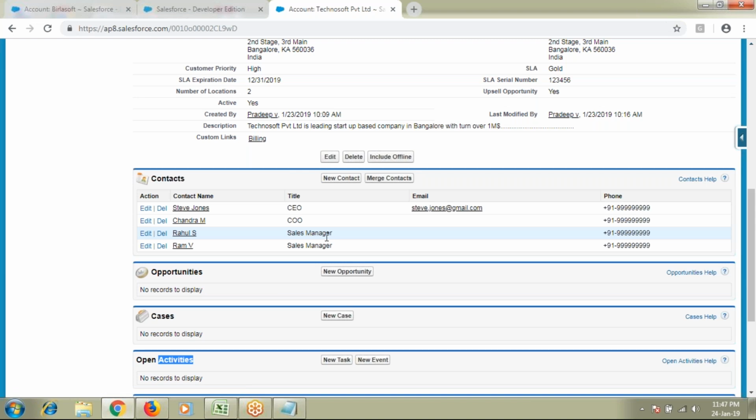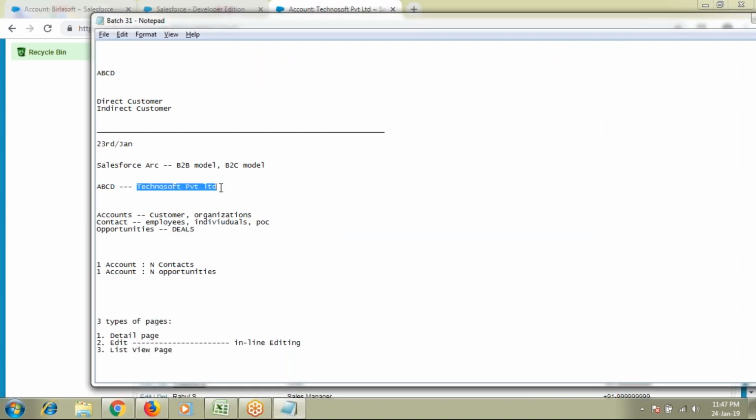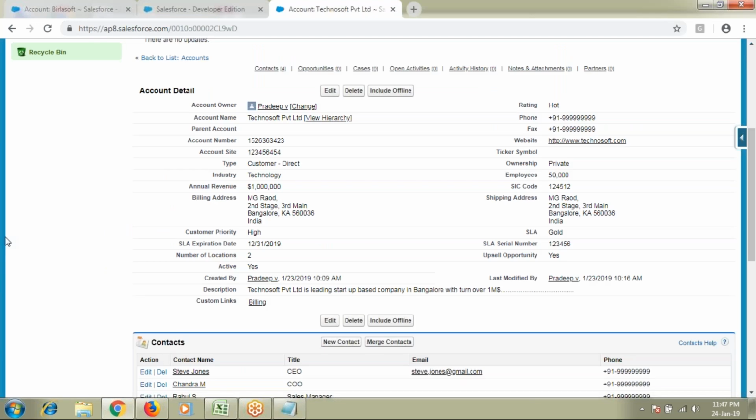Which is a phone call. So through the phone call, we have exchanged the deliverables. We have exchanged the requirements and we have completed that activity. In the same way, whenever communication is happening between my company and the customer company, between my sales managers and the customer sales managers, there should be some activity which has to be recorded every time that we communicate.